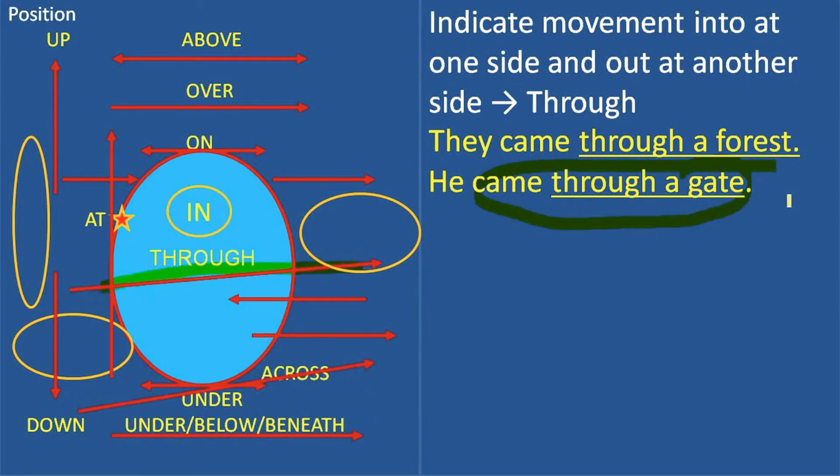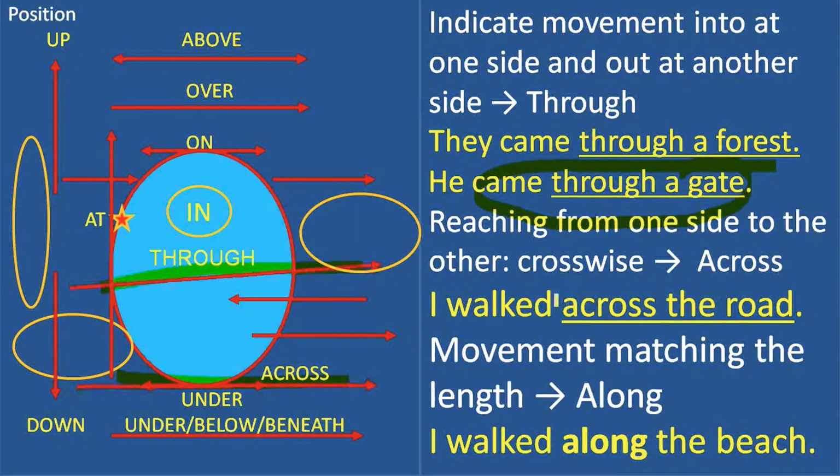Next, if we go through using ground and there is no structure and it may be crosswise, that time we will use across. Okay. For example, I walked across the road. It means I just crossed the road from one side to another, but there is no structure. My front, back side, left side, right side, that's empty, but I'm going through a ground. Okay, there is no structure, so I used across here.